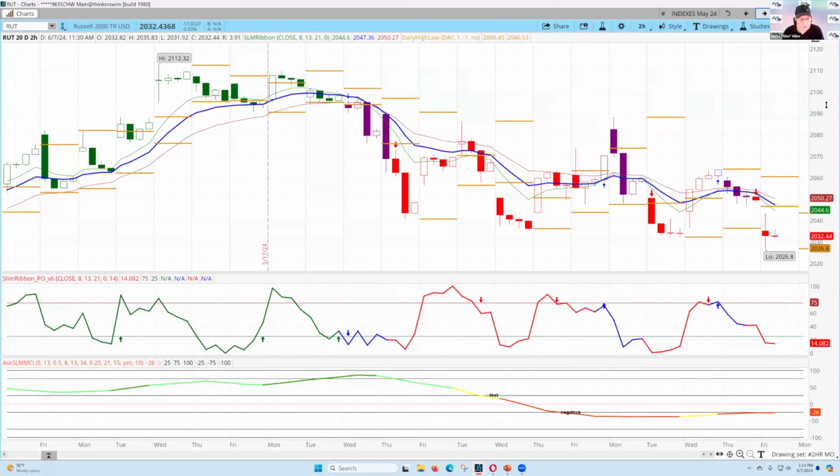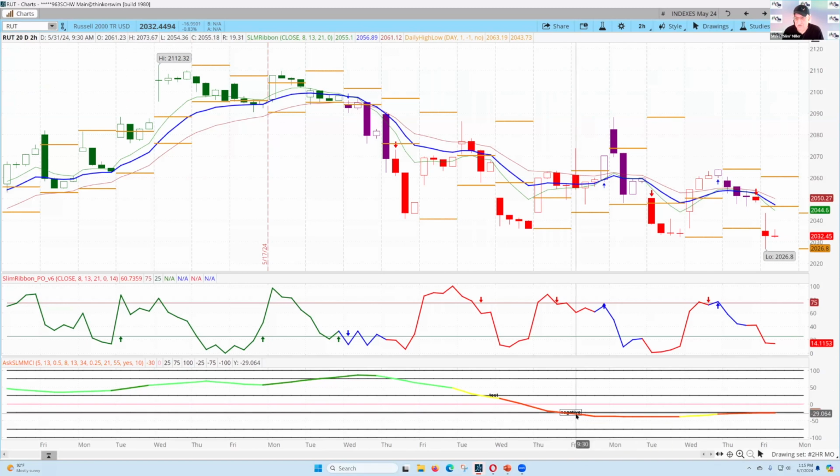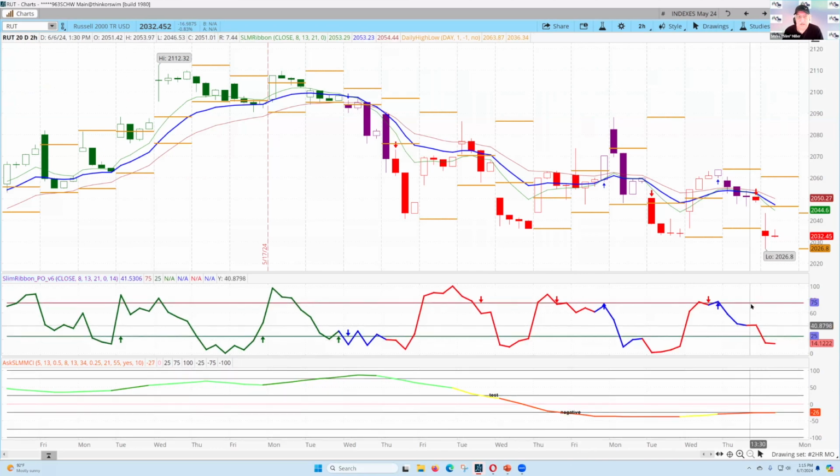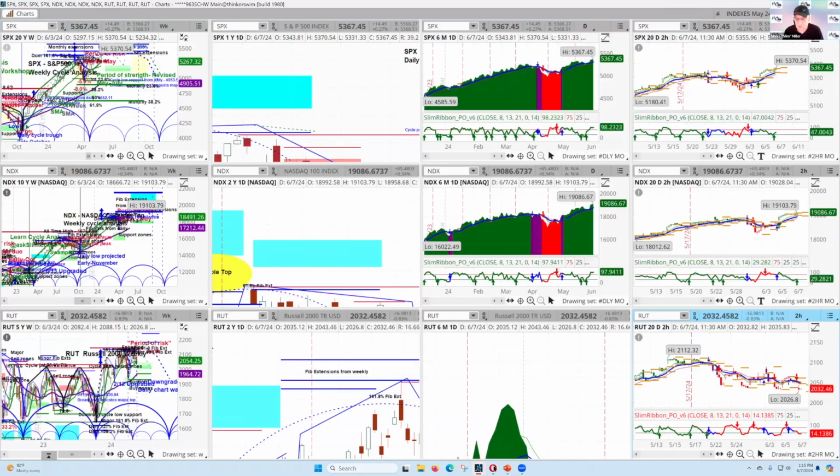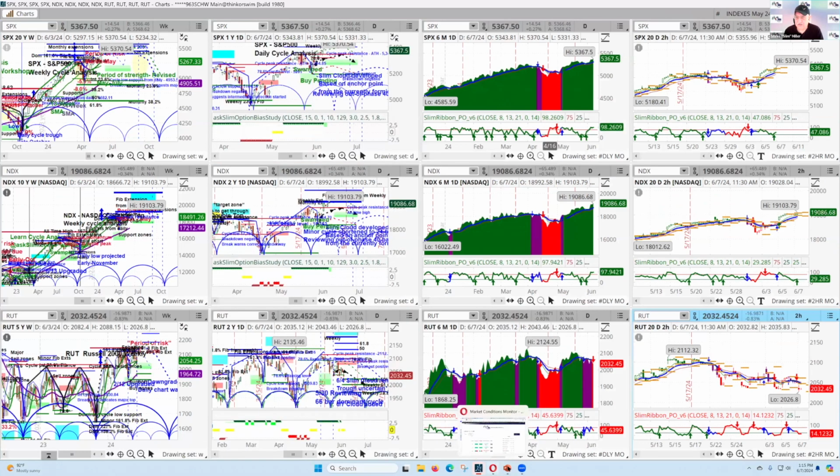Now here is the market condition indicator, and that has now crossed. This is the test where it gets into the plus 25. And when it gets through the minus 25, it's negative. What it's saying to you is that the longer term conditions are starting to no longer give support on the upside, and if anything, are giving support to the move on the downside. Negative momentum here, as you can see, and that is a look at what I think is the first sign of deteriorating conditions in this market.